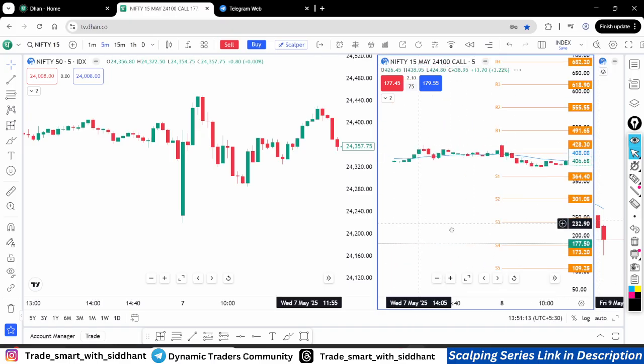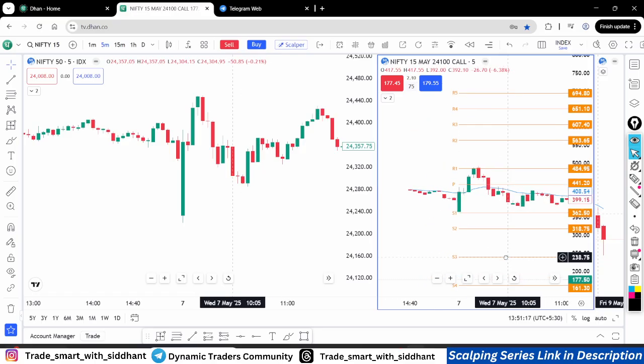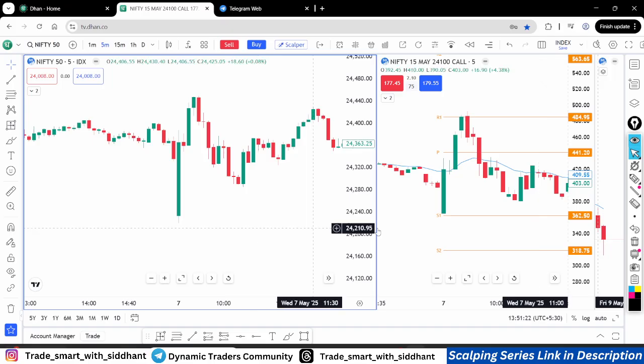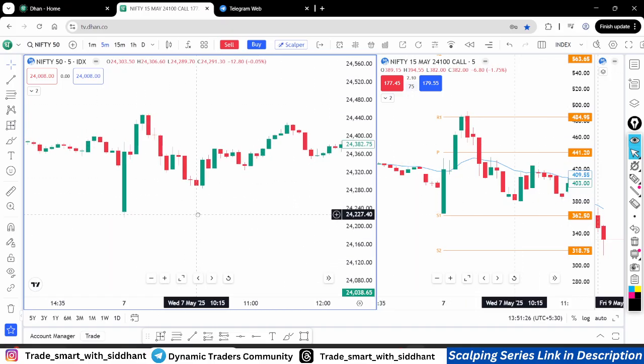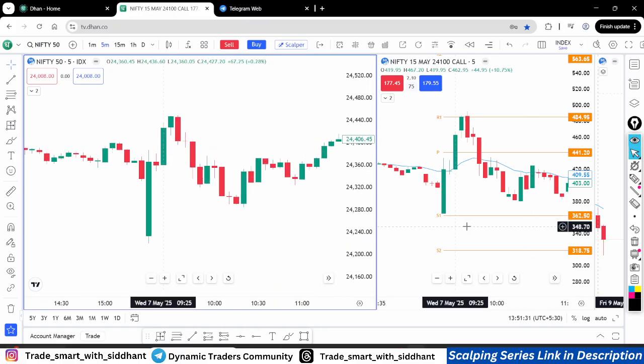8th May, and here comes the 7th May. Just for understanding the price action, look at the premiums. Yeah, it's of the upcoming expiry. It's not of 8th May, which was the previous expiry. But in order to understand the market, you will be getting to know the idea.